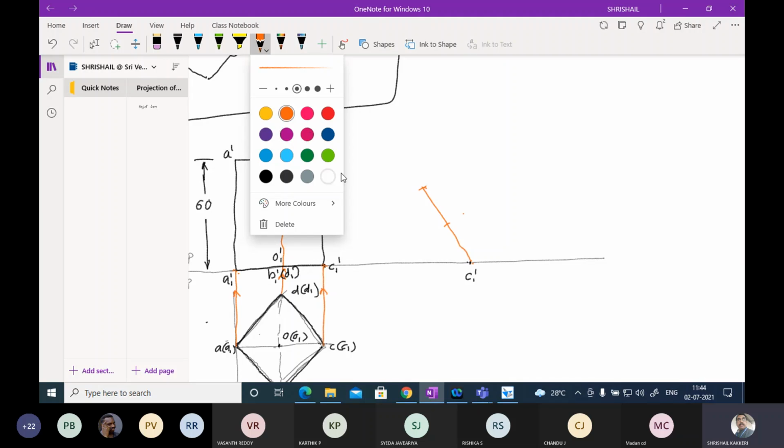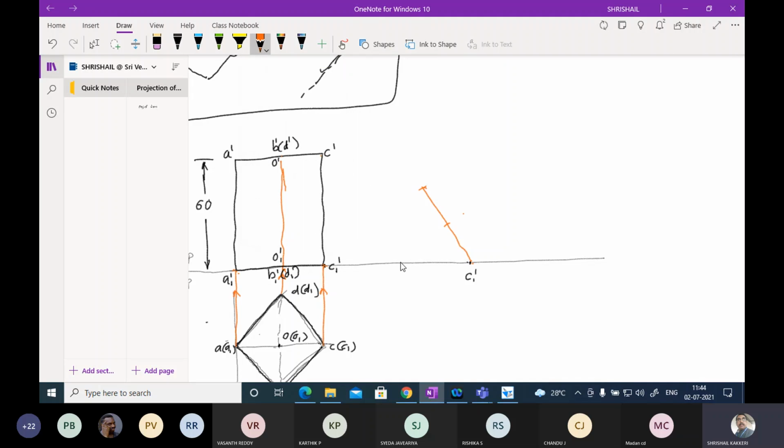In the beginning, I told you a simple method. Instead of taking the axis as 45 degree, I took 40 plus 90 plus 50, which is 180. So that 50 I have taken. This 50 angle, you draw one line. Okay, I have drawn one line. And after this, take this point C here and mark over here this point, and this length you mark over here. I marked. Okay, after this, I wanted to locate these two points C and D.